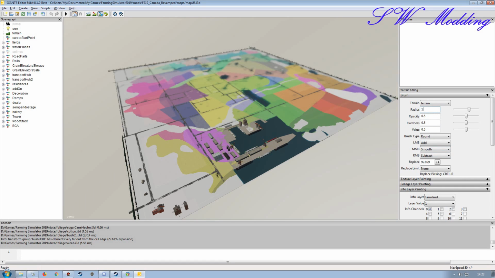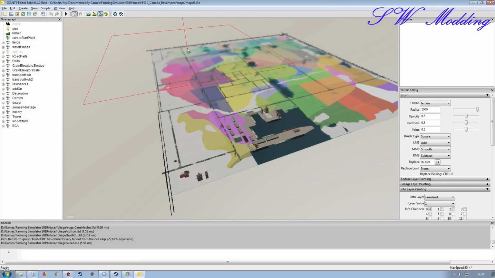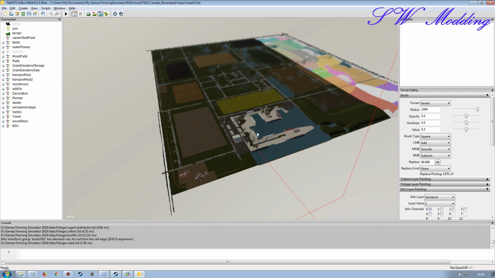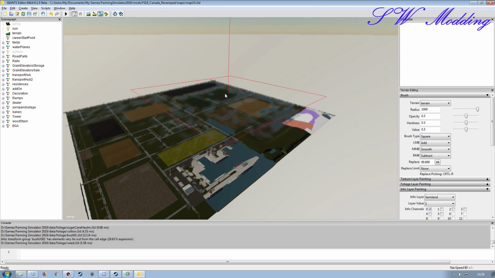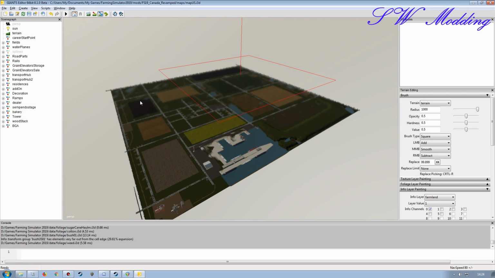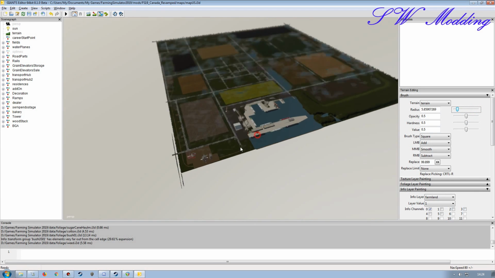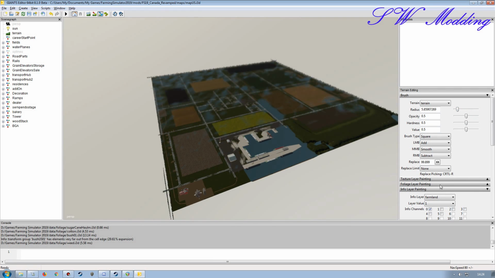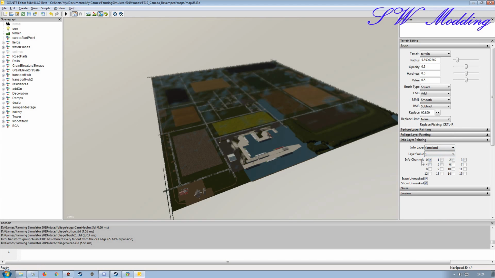So I make my brush really big. I'll switch over to square brush like so, and then I'm just going to hold down my right mouse button and drag and remove the entire farmland layer values like so. I'll just make my brush small again, and then start with your layer value 1 by selecting info